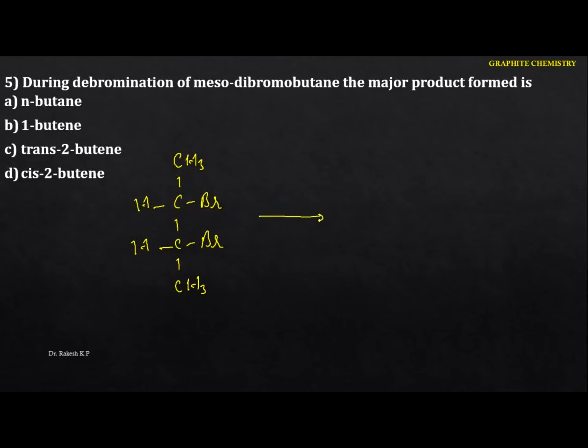So during the debromination, that means we have to remove the bromine. You just identify, that means you have to cleave it here. Whenever you cleave, this carbon to carbon gets the double bond. Okay, just go to this one here. So now I'm going to write the carbon to carbon double bond.